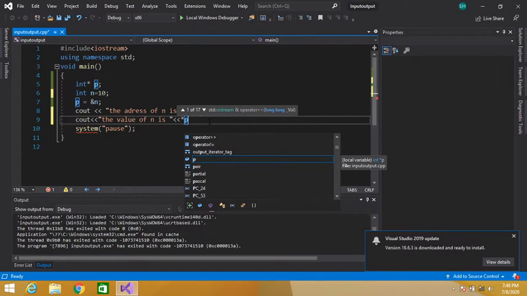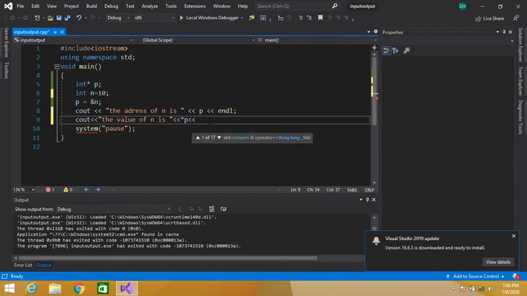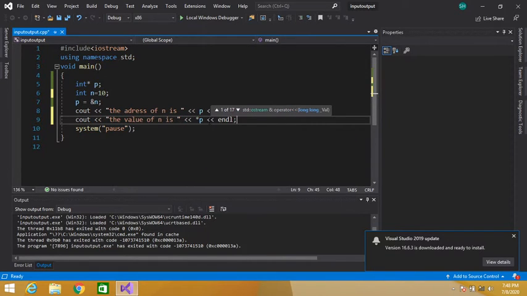Now instead of displaying the address, it will display the value of n, because our pointer p holds the address of our n variable.